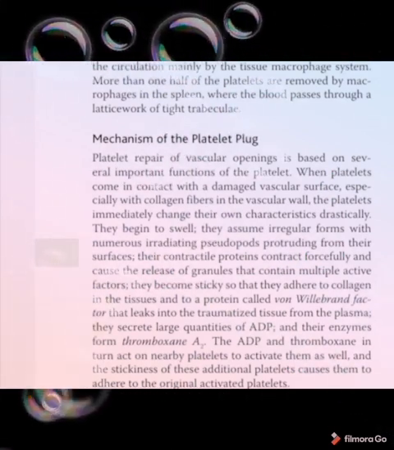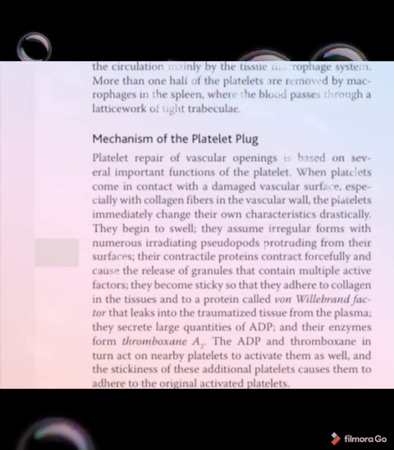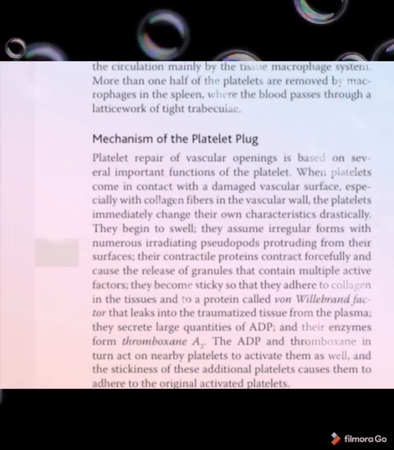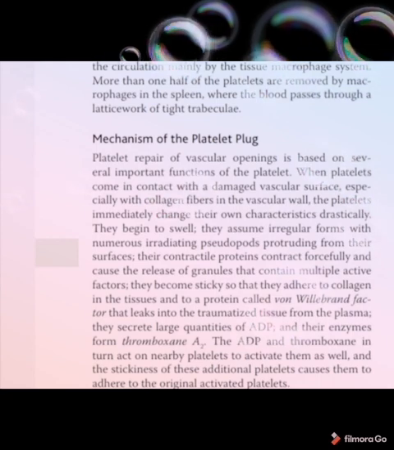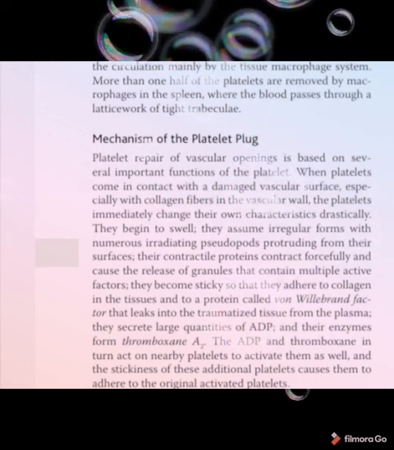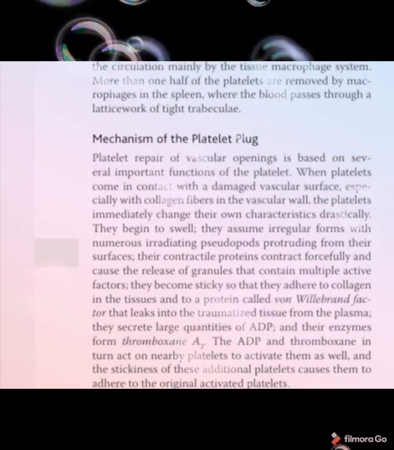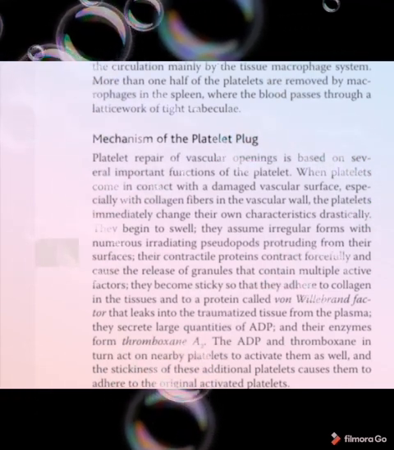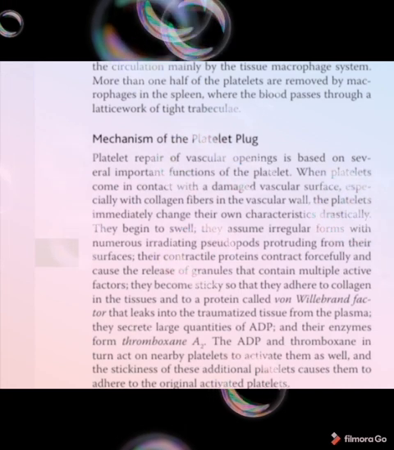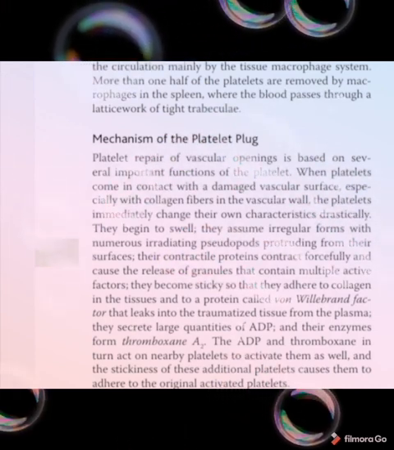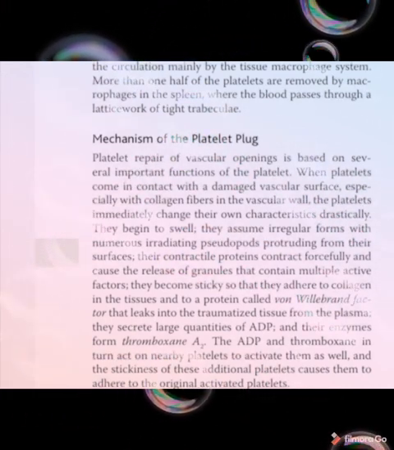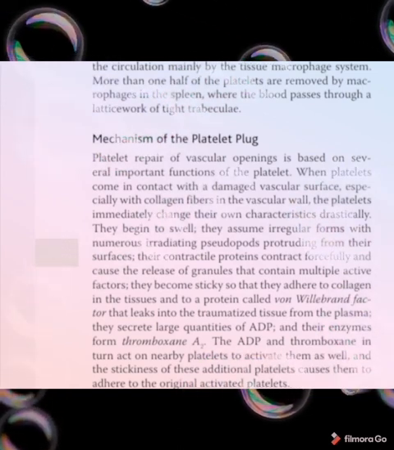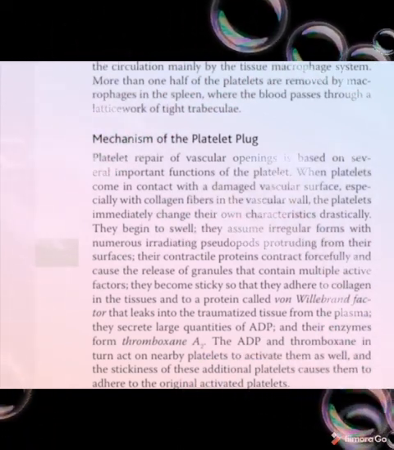Next, we are going to see the mechanism of platelet plug formation. Whenever the blood vessel is traumatized, the collagen of the blood vessel will be exposed. The platelet has a greater affinity towards the collagen fibers, and it attaches to that collagen, and immediately it changes its structure, swells up and forms radiating pseudopods, and starts to